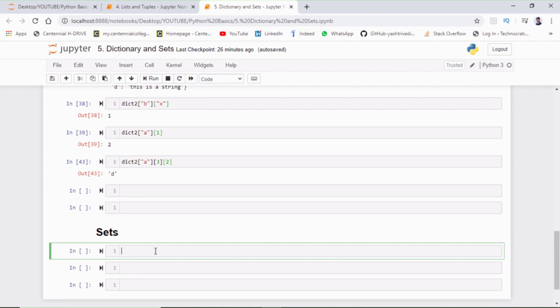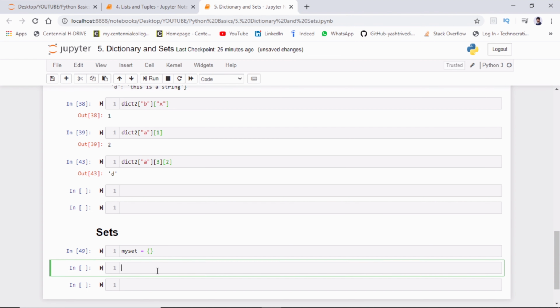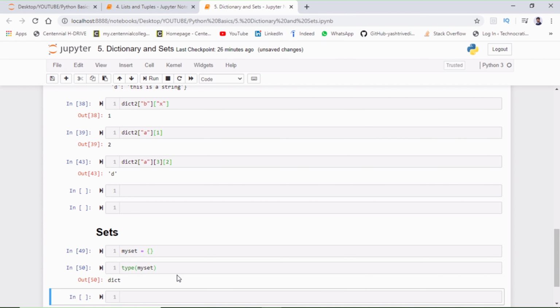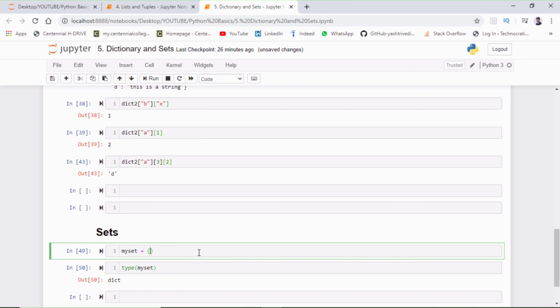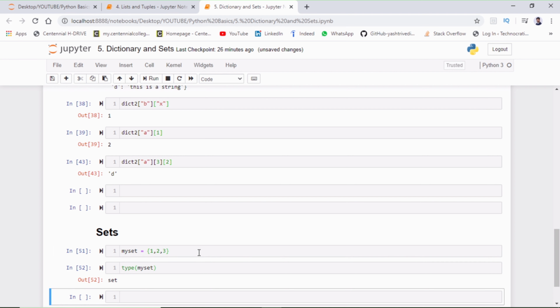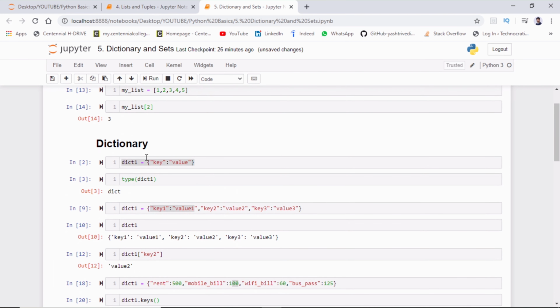So let me define a variable of my set, and if I just put an empty curly bracket, and if we check the type of this one, my set, it is going to return us a dictionary. But if I put any element inside this one, and if I run this now, it is returning a set. I haven't changed my data type from dictionary to set, but still it is returning me set type. Why?